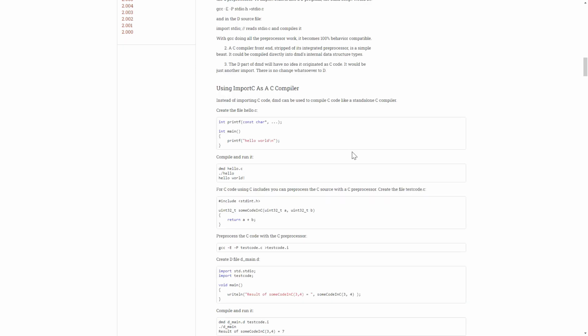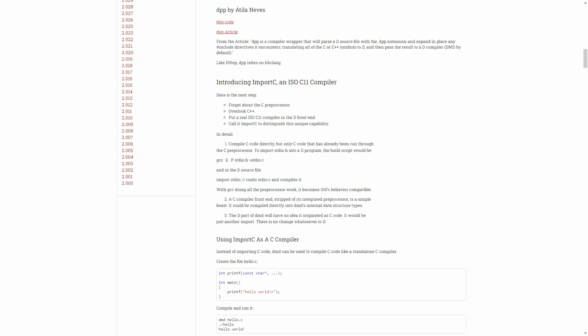Walter's been working on it, I think, for about three months now with the help of Iain Buclaw, and they're looking for people to put it through its paces, find the problems, and report the problems so they can get it working. The goal is to be able to compile ISO C11 directly from the D front end. Now, at some point, the preprocessor will have to be addressed. What that will look like, nobody knows right now. That's something for the future. Right now, the goal is to make sure that ImportC can compile preprocessed C11 source code.